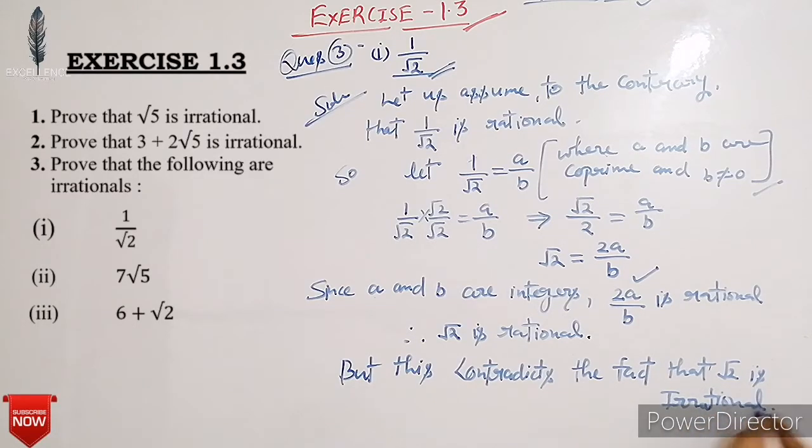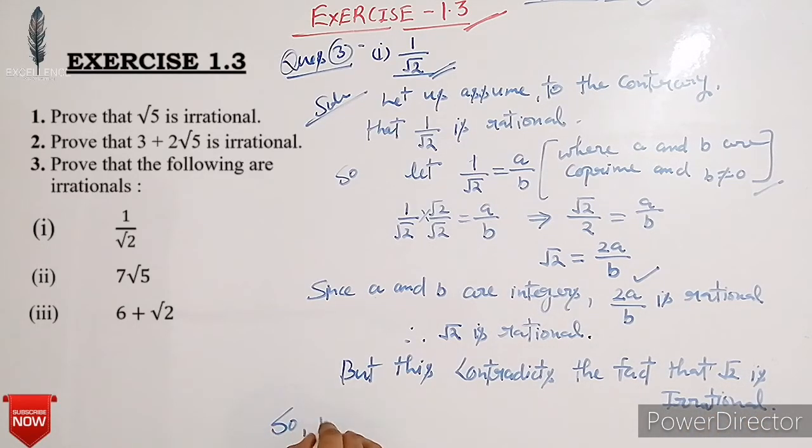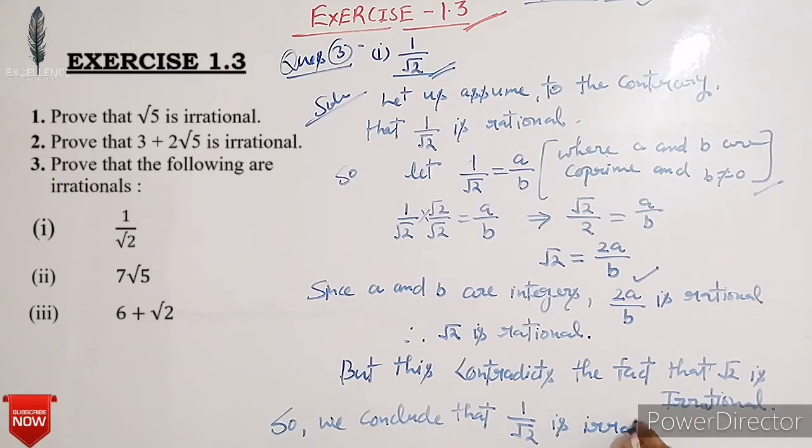Okay, so we conclude that 1/√2 is an irrational number. Okay students, clear? Next,